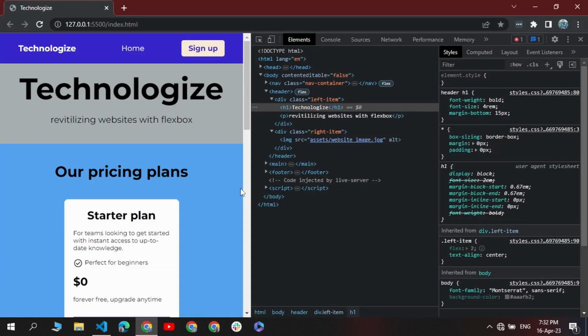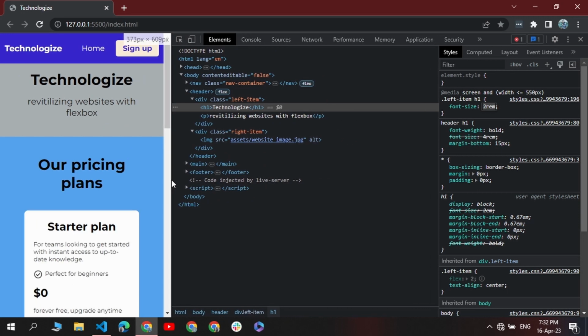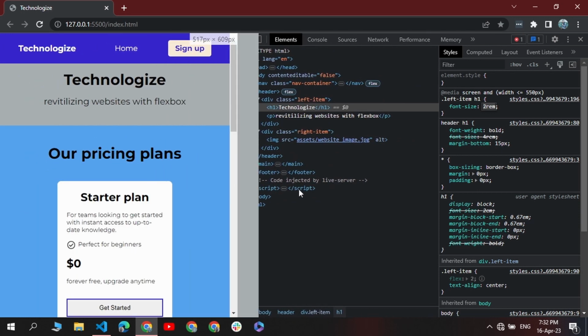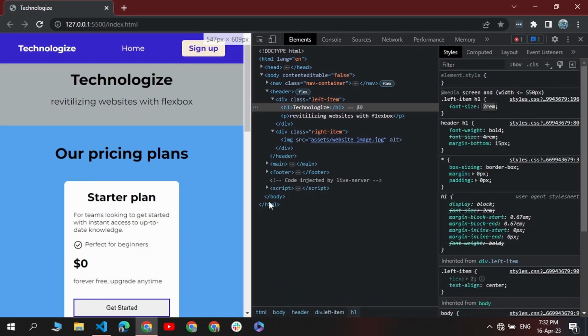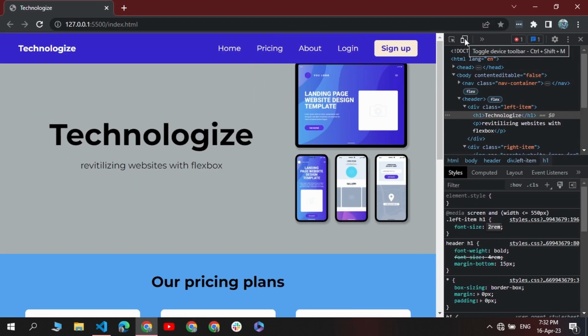and I save. So you notice that the font size reduces, and instead of 4 rems, we now see its value here is 2 rems, and things look fine now. You can see the website is pretty fine. It's fully responsive now, and we can take a better preview of this by coming here to this mobile inspector,